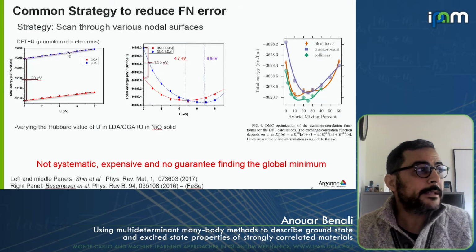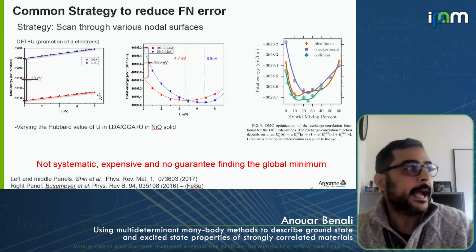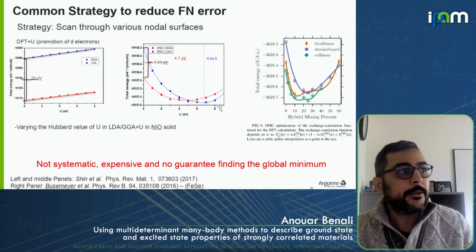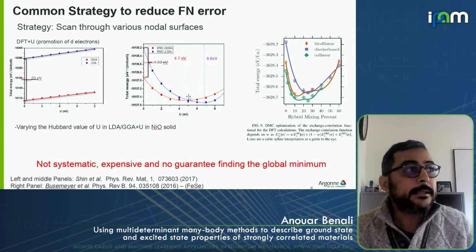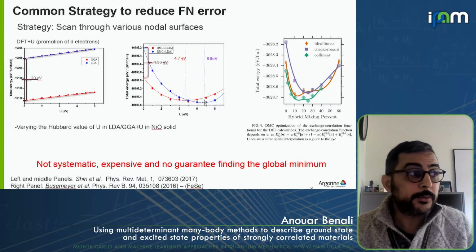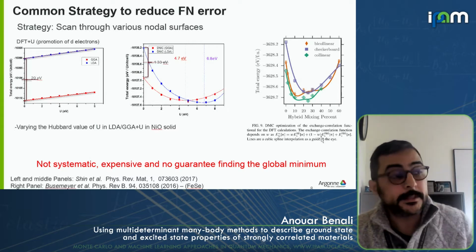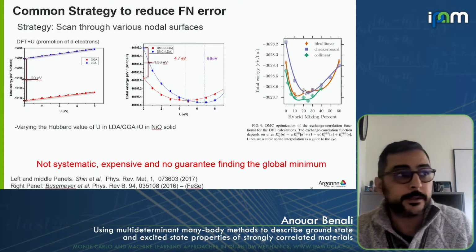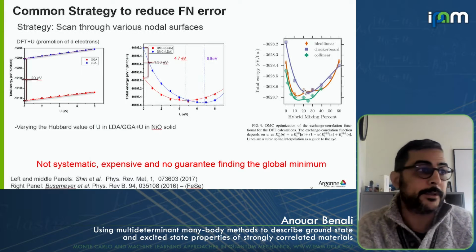Of course, when we have DFT, it's not the case because we are just promoting electrons to the D band, so nothing happens. But at the level of QMC, we do have these nice values of U, and you can see even in cases like nickel oxide, whether we pick LDA+U or GGA+U, they reach the same energy for both of them. We can do exactly the same type of trick of having one knob control the nodal surface by playing with the hybrid functionals and the exact exchange concentration, and we